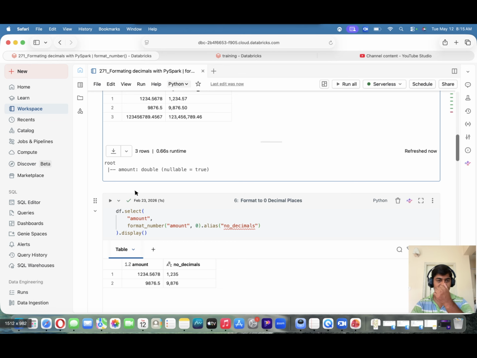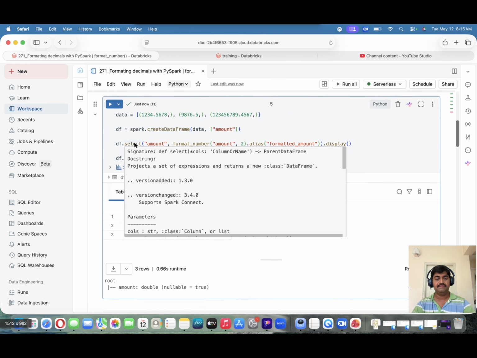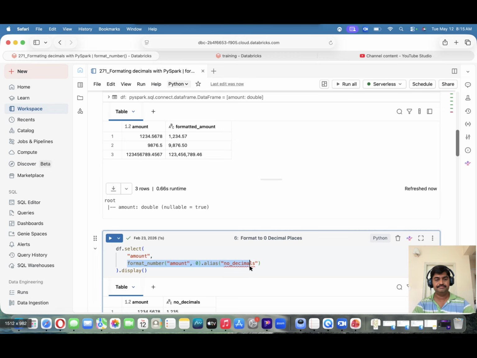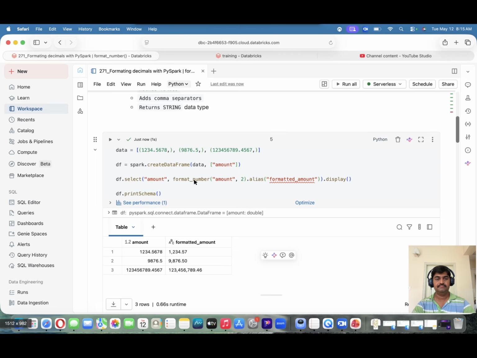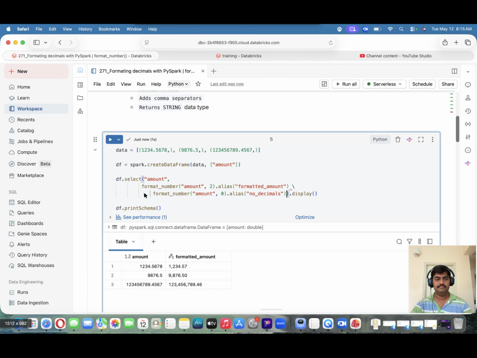Here it is with the select method, and here also select method, so I think we can combine here. I will move down here. Amount 0, no decimals,